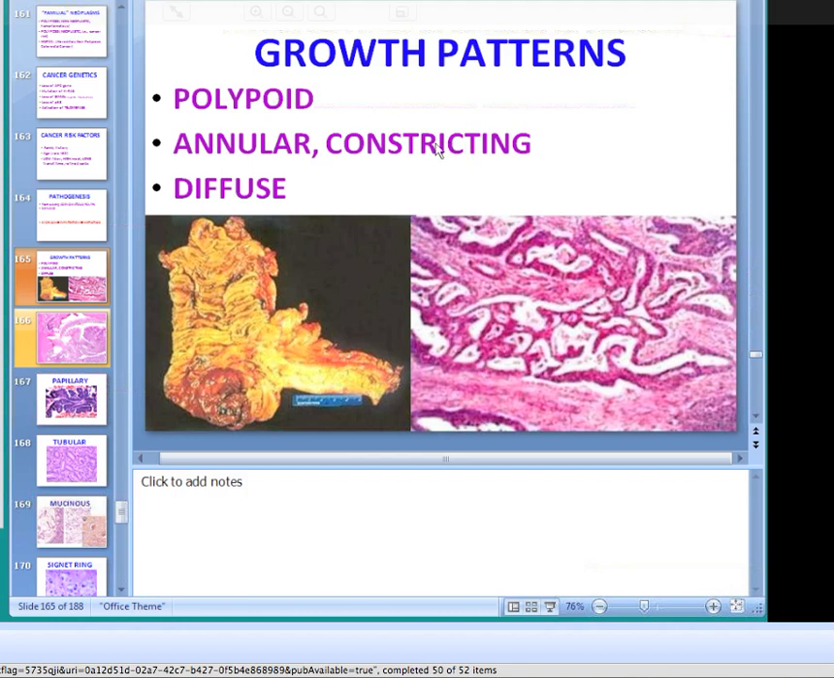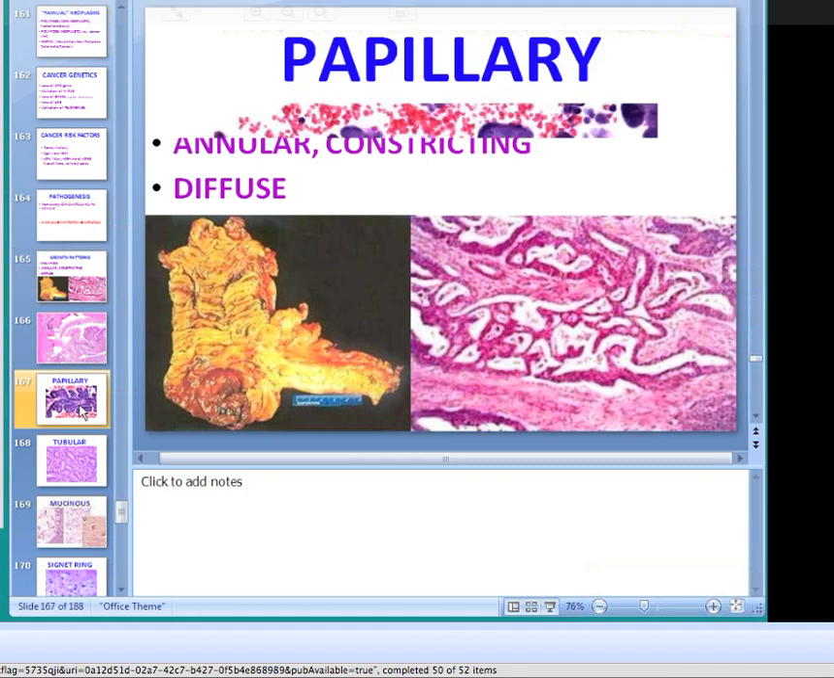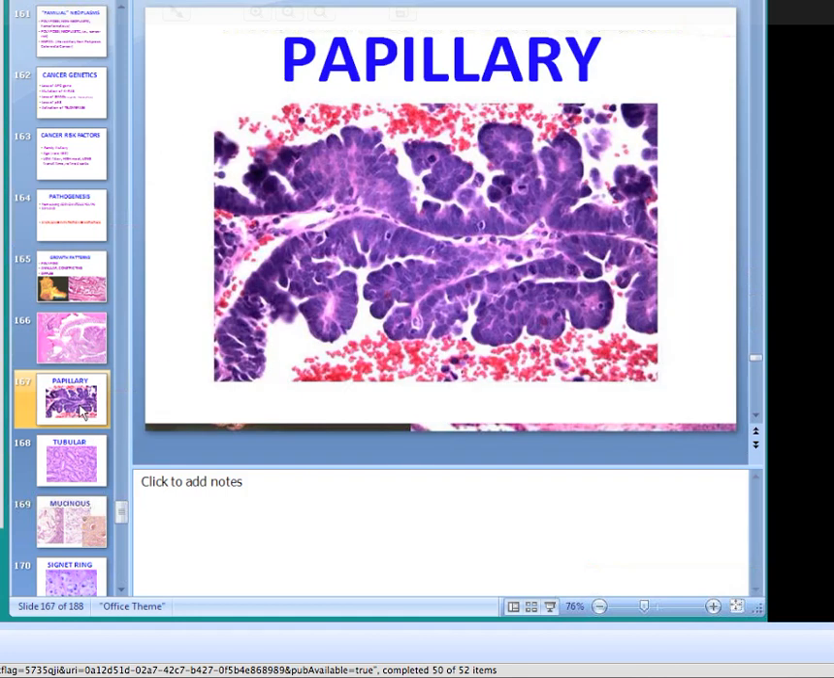They could be polypoid. In other words, they look like these little polypoid mucosal exophytic structures. They can cause constriction and be annular, and that's the one that might give the appearance of diverticulitis. Or they could just be diffuse, like the linitis plastica. So basically, we're talking about the same kind of thing here with stomach, only we're using different adjectives, aren't we? Now, the one thing that we will say similar to the stomach, because I'm going to show you these